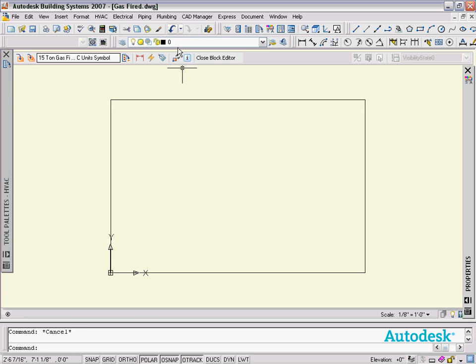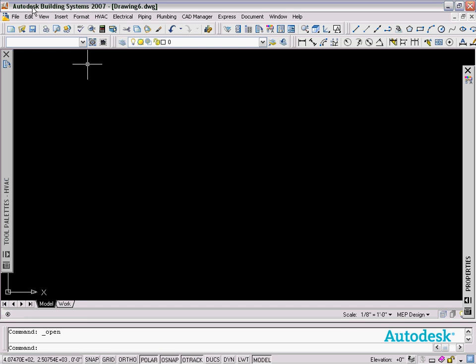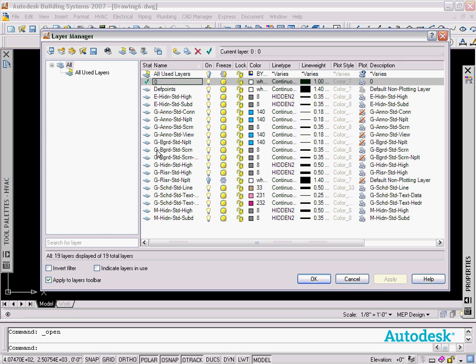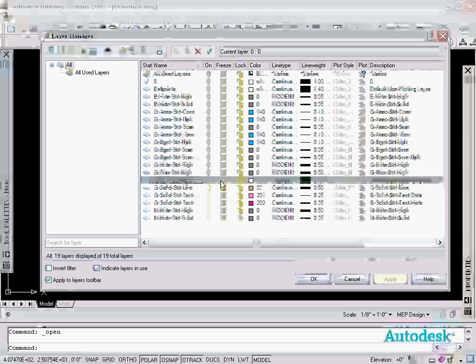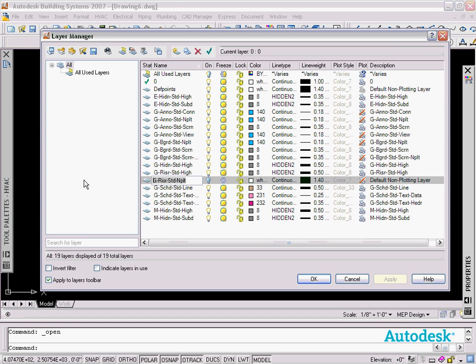So what I'm going to do is, by default, I'm going to switch over here to just a standard template-based drawing. By default, there's a layer that's created for riser drops here. It's called G-Riser Standard No Plot. It's off and it's frozen on standard drawings. So what I'm going to do is I'm just going to copy this name,